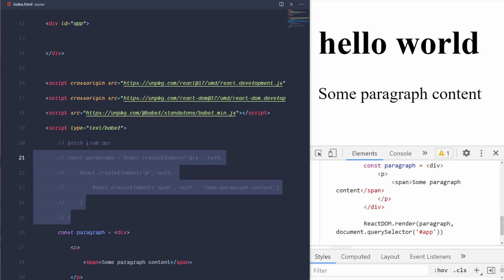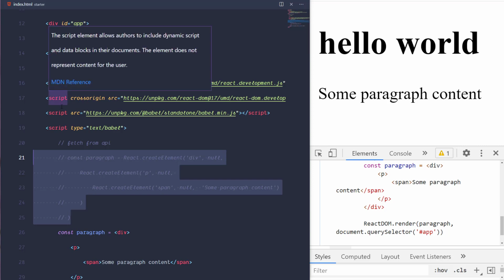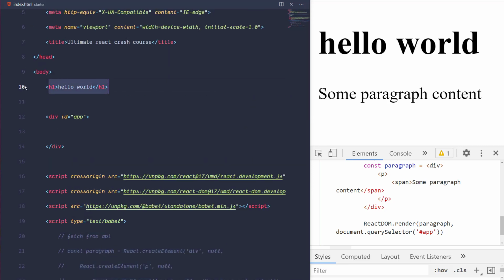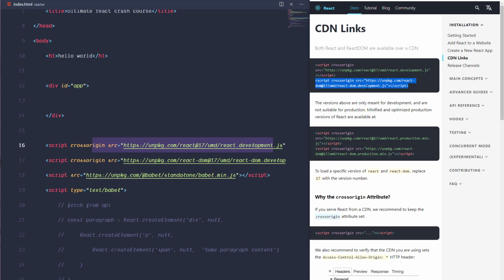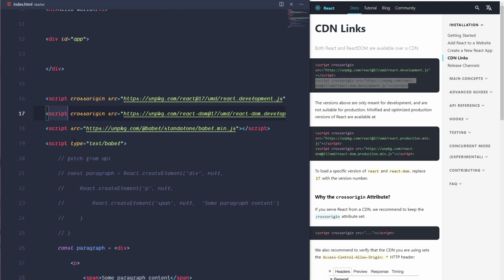I create a new HTML file, which is what you should be doing right now. And then I would create a hello world HTML H1 right here, and then I would go and pull in React. And while I'm doing each and every one of these things, I am talking to myself audibly. So I'm like, okay, so I'm going to go to Google, I'm going to search CDN links, and the reason we're using CDN links is this, and I'm going to copy only this one first, React, because I don't want to go to React DOM yet, and then I'm going to paste this into my HTML like this because of this,